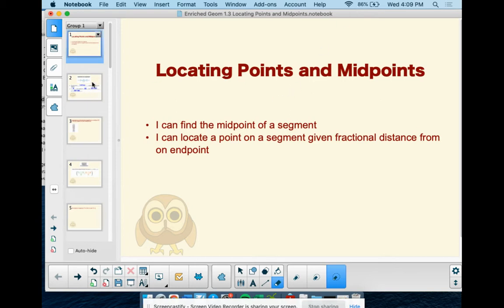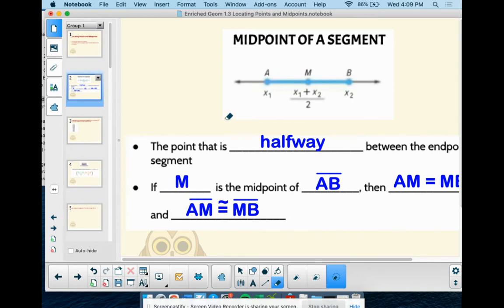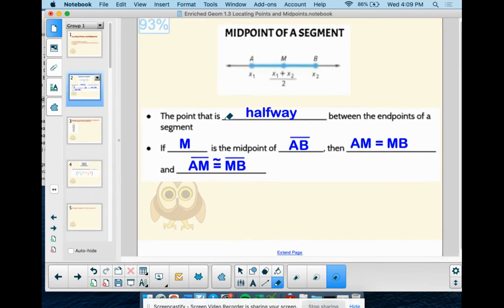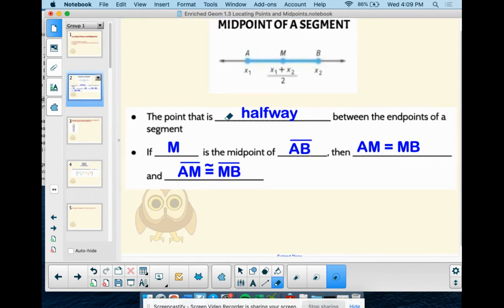So first, let's talk about a midpoint. The midpoint is exactly what it sounds like. It is the halfway point between the endpoints of a segment. It's the exact middle. So in our example here, if we have point M, and it's the midpoint of segment AB, then this chunk AM is the same as